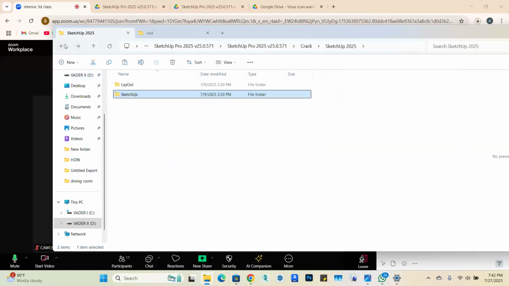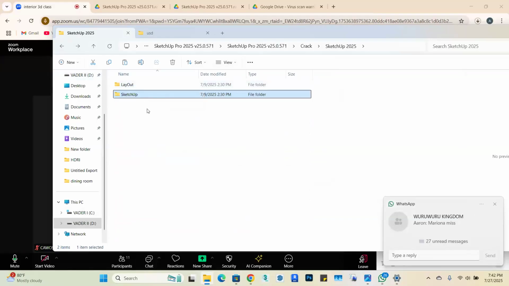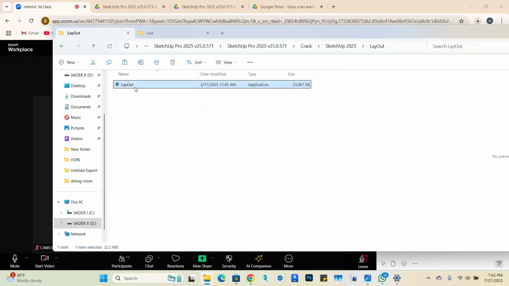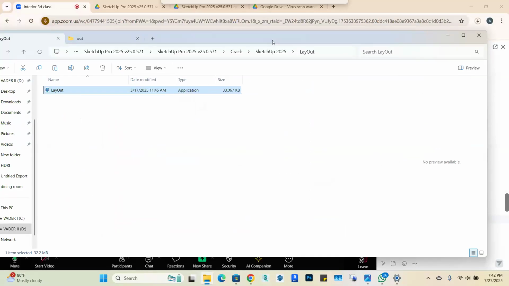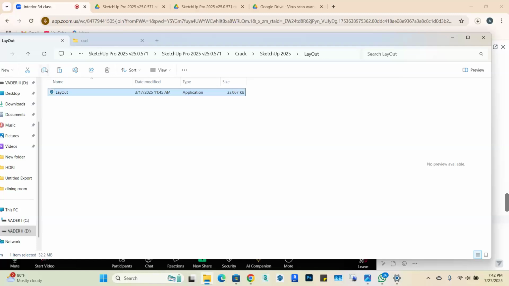So we go back to our downloaded file. Remember, we extracted it from the downloads. We've done it for SketchUp. Then we'll click on layouts. I'll explain what layouts means later. Then we click on layouts and do the same process again: copy,